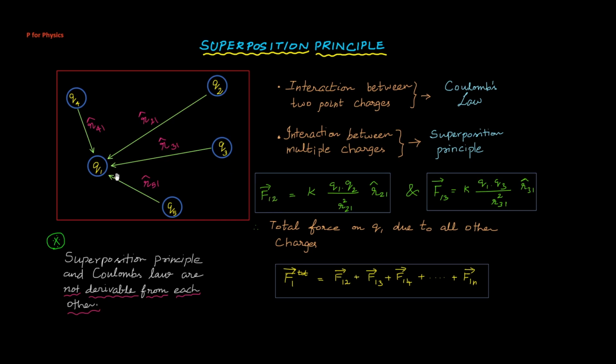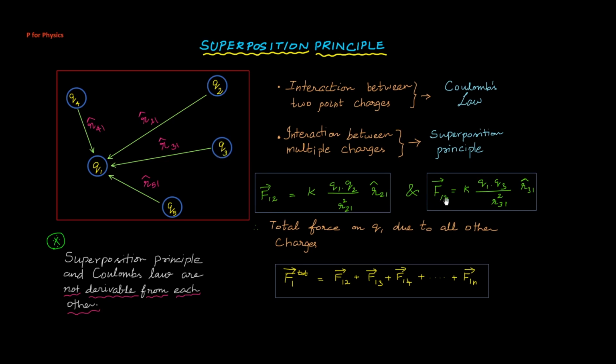So here too, there is a first charge Q1 and the second charge Q2. And if I want to find the electrostatic force between these two charges, this is represented as F12 vector, which is equal to K into Q1 Q2 by R21 square and its corresponding unit vector R21 cap. Similarly, as we have found out F12 vector, it is easy for us to find the rest of the forces due to other charges as well. However, we are going to deal with it one at a time.